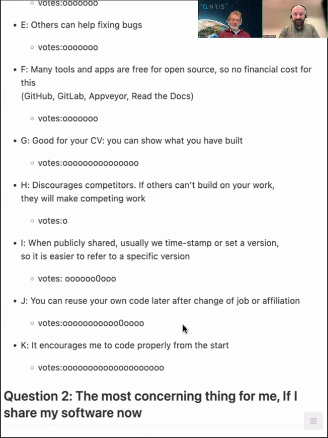It also goes to what someone was writing in the extra questions at the bottom: do reviewers, like peer reviewers, actually review the code of the paper?